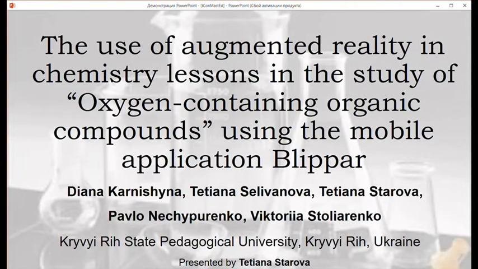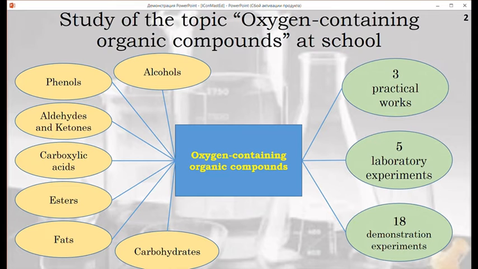Why did we choose this topic, oxygen-containing organics? Because it is mandatory to study the following classes of organic compounds: alcohols, phenols, aldehydes and ketones, carboxylic acids, esters, fats, carbohydrates. According to the recommendation of the Ukrainian Education Ministry for the profile level of studying chemistry at school,